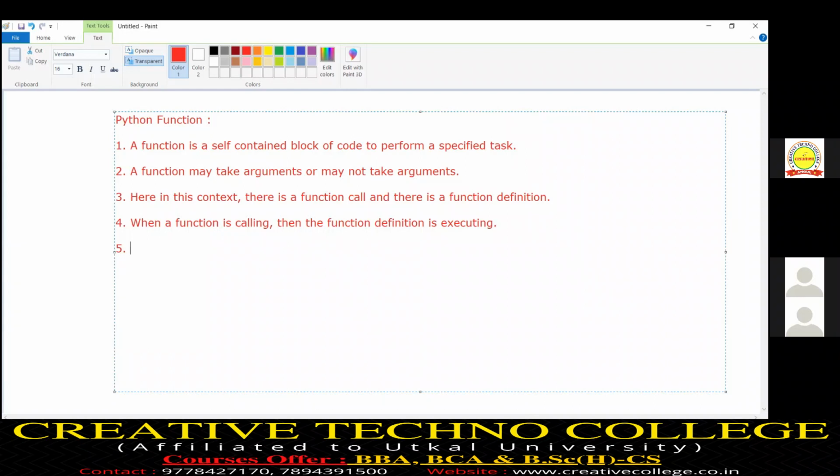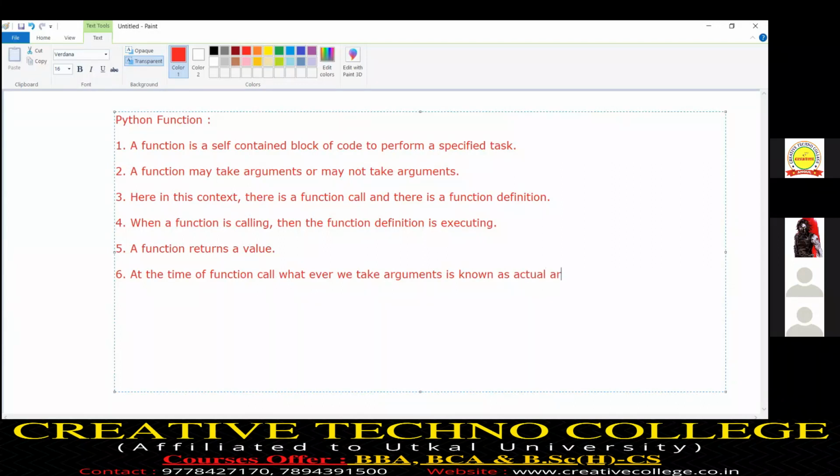A function returns a value, and that returned value is considered the output value. At the time of function call, whatever arguments we pass are known as actual arguments.